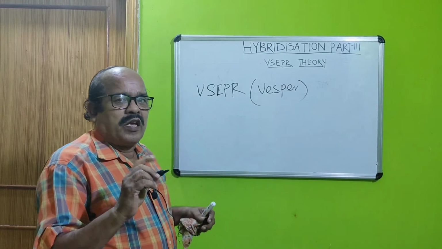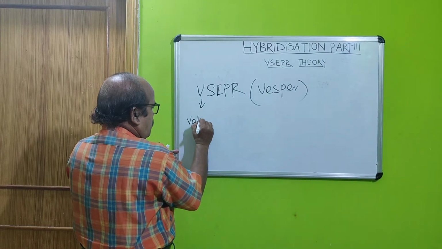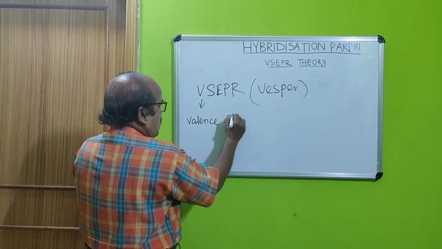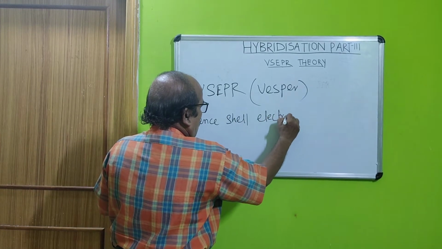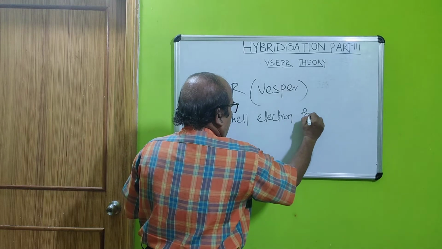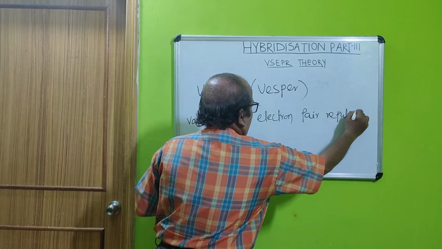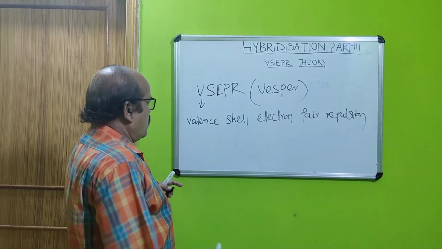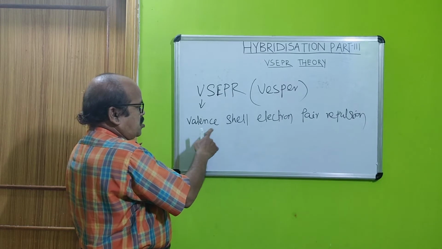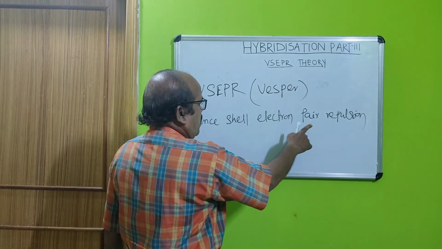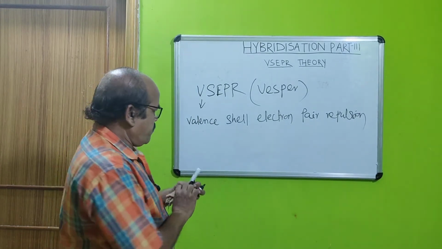Its full form is valence shell electron pair repulsion. This VSEPR, its full form is valence shell electron pair repulsion theory, and this theory says